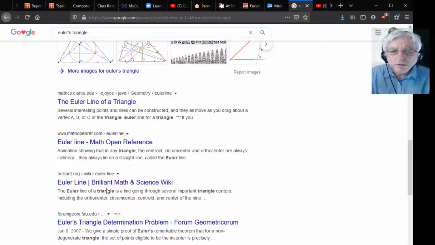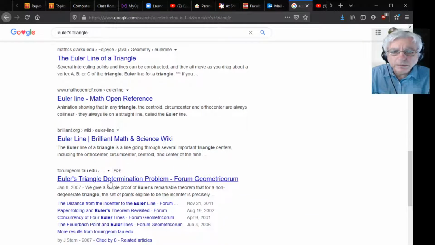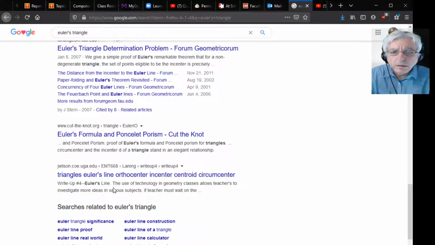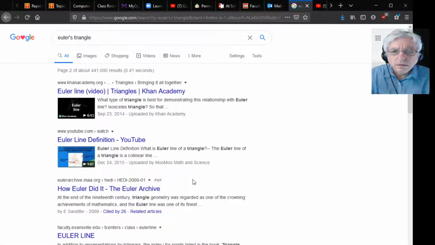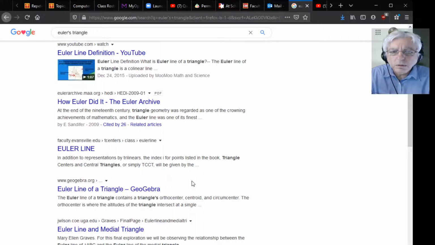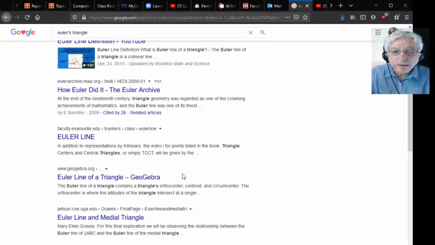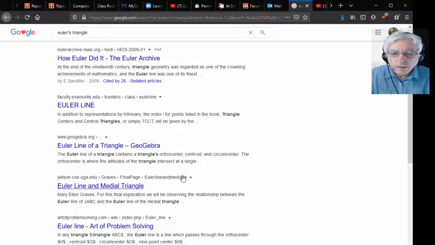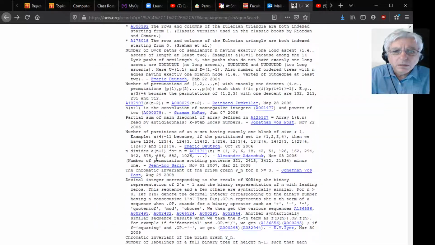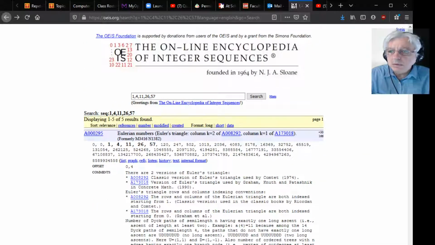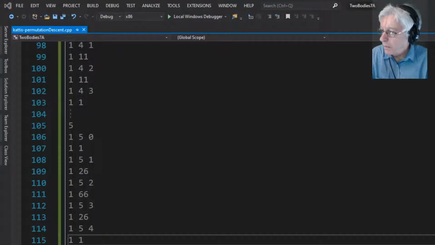The Euler line of a triangle. Yeah, no, this is a numerical thing, not a geometric thing. Triangles. Okay, next. Euler line. Well, okay, I think we'll come back. Well, I guess if we go back to here, what are the next numbers? Right, so 120. Should we check that? So if you go back to the code,